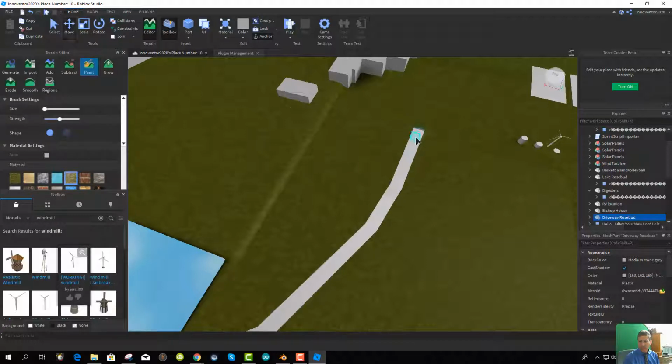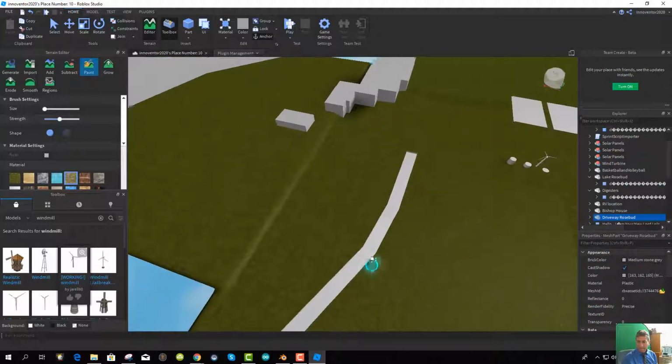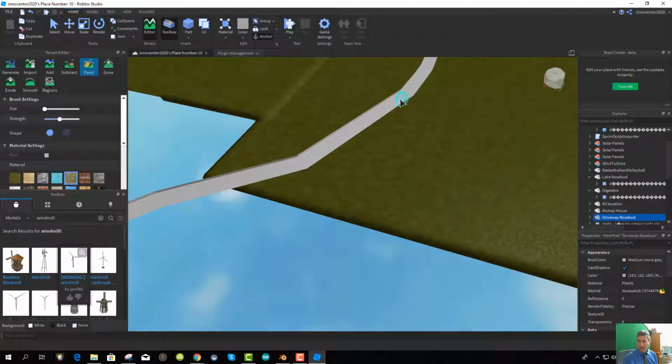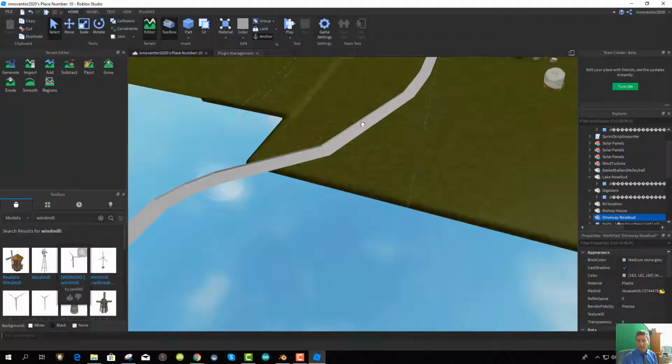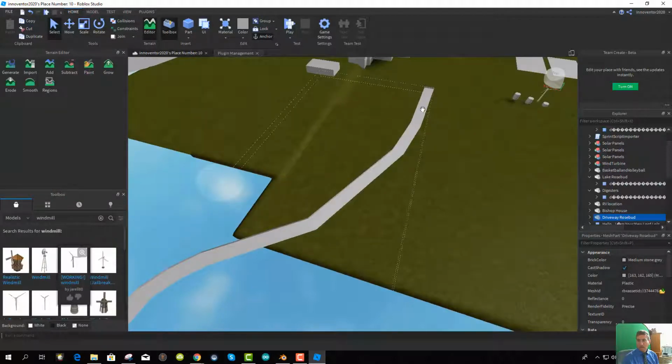And you can begin to paint the ground under here. So we have a basic path there, and then when we select this mesh of the driveway